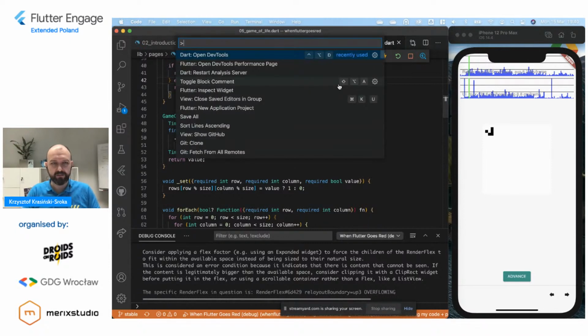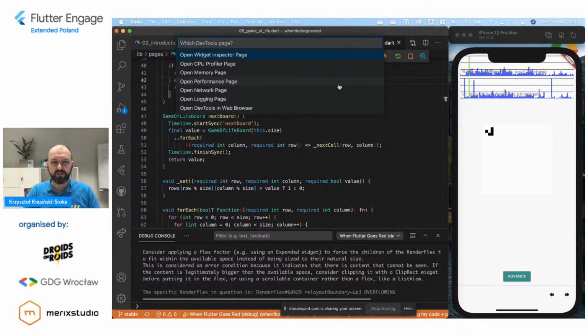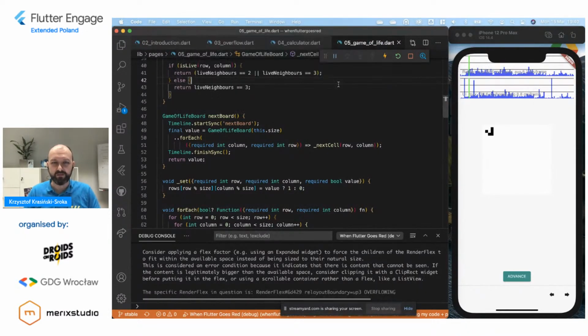DevTools, or Flutter DevTools, because it's been renamed, but I don't really know what the official name is right now, is a set of tools that contains lots of tabs. And I'm going to open them in a web browser, because while we can open them in the IDE, in VS Code, it needs some work and some love from developers.